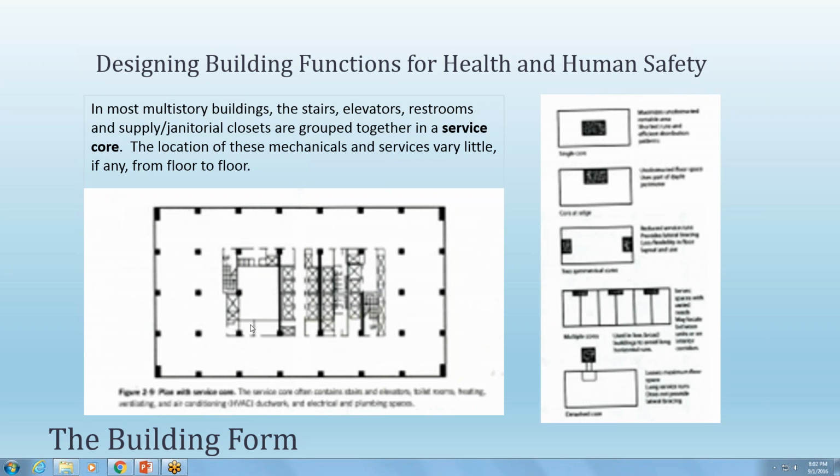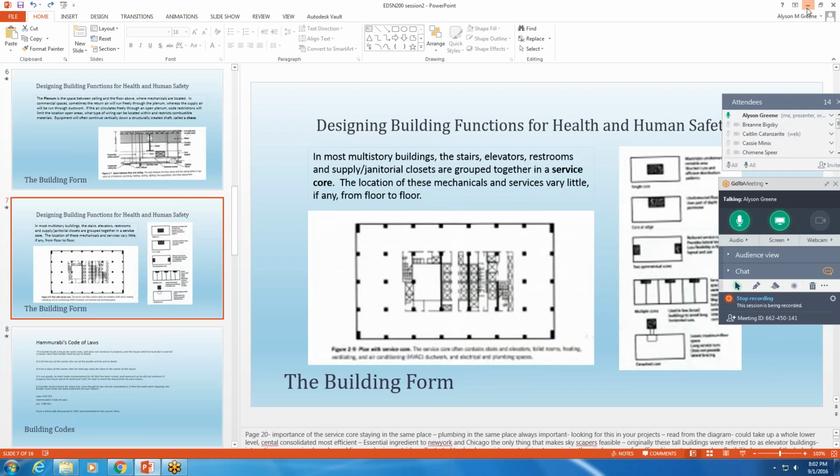It's just the biggest mistake I see students make when they move into contract from residential, which is to break up the service core and put it dispersed throughout the building. We can also help to increase the privacy by keeping it together, as opposed to when we start breaking the restrooms out and they become part of our more public areas. So there's a whole design philosophy that goes into keeping these items together. And I'm going to pull up some background information outside of the book for you to review and consider. So I'm going to escape out of my PowerPoint for a second